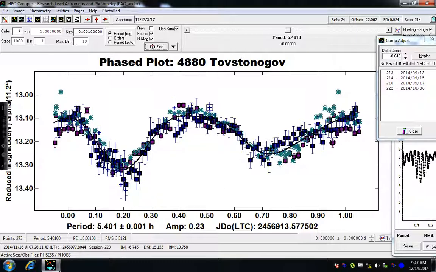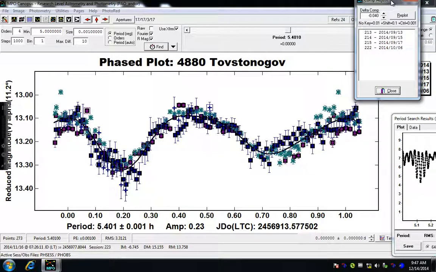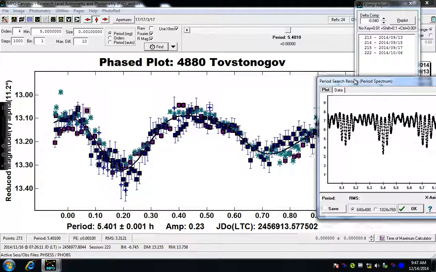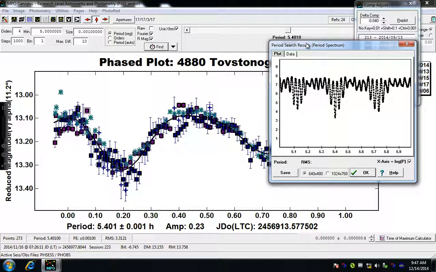There's a little bit of scatter in it, but there can be no doubt that we have a bimodal solution, and it's looking very much like 5.4 hours is the right solution. So when we go back to the period spectrum, you can see there is some variation,